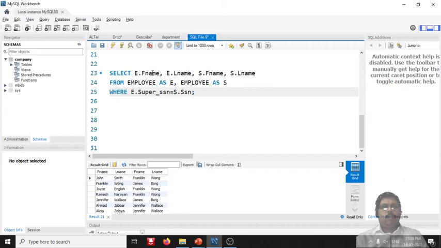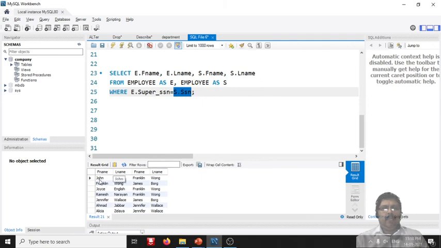Now we want to check who is a supervisor for which employee. E.fname and E.lname will be the supervisor's name, because we have taken E.superssn. Then S.fname and S.lname will be the employee with that SSN number. So those two things we have joined here as employee E and employee S.